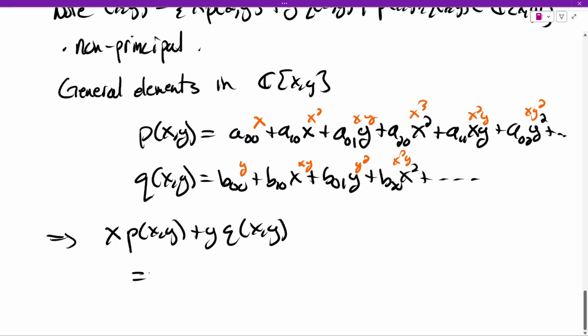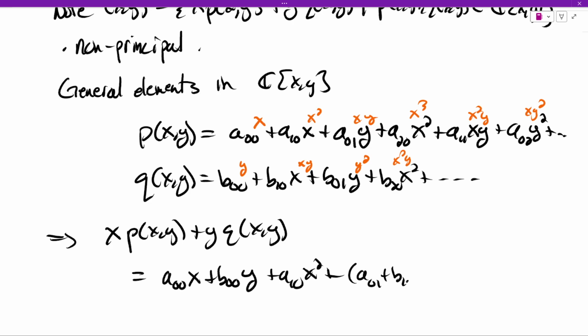Well, we're not going to get a constant term anymore. The new x term is going to be a00 x, the new y term is b00 y, and then we're going to get an a10 x squared, and then the xy term is going to be a01 plus b10 xy, and so on. I don't actually care what comes after that. But the point is that we could pick our coefficients appropriately to get any polynomial without a constant term. If you have any polynomial without a constant term, you can rig it so that you can write it as a combination of x p of x, y and